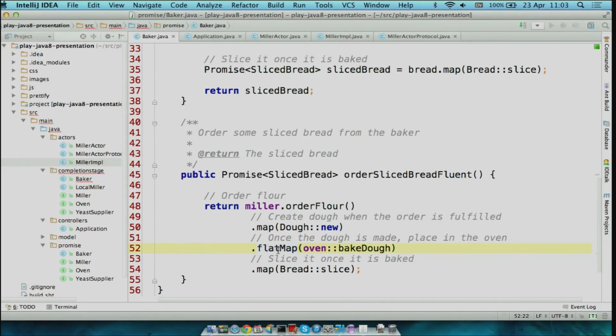So in this case, what we're working with here is called the promise monad. It's able to chain promises together, but there's also, in JDK 8, a streams monad, because that's got a flat map method, so you can take elements from the stream and get new streams as a result that are all put together into one stream. And that's all monads are. So if you're wondering what monads were and weren't sure what all the fuss was about, really there's not much fuss about them, it's just that flat map method.